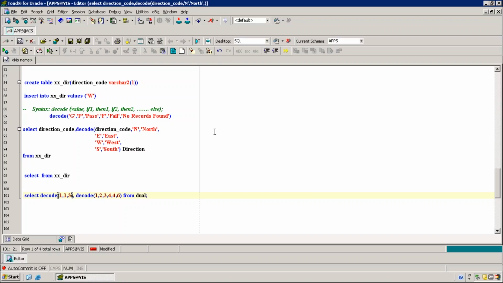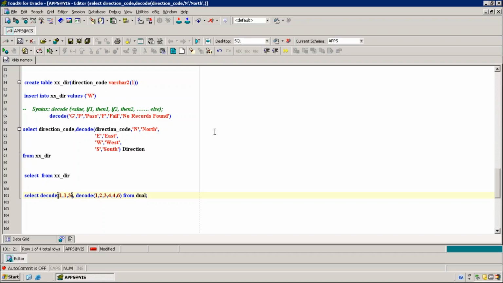Tell me the second scenario also. When the value is 1 and the if condition is 2, then the output is 3. Is it matching or not? No, it's not matching. If it is not matching, how will the output 3 come? It will not; there will be no records.